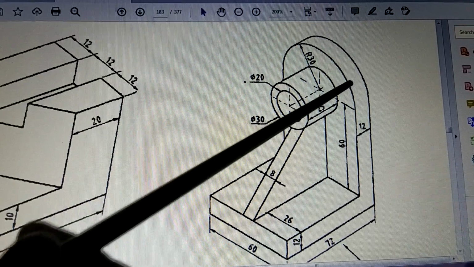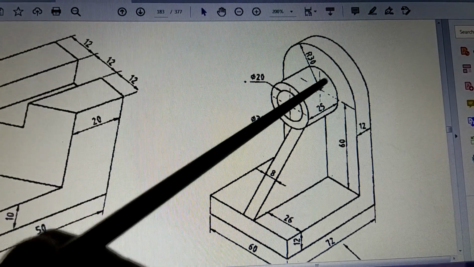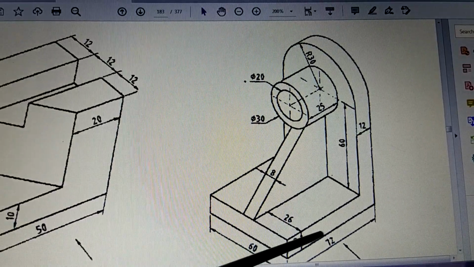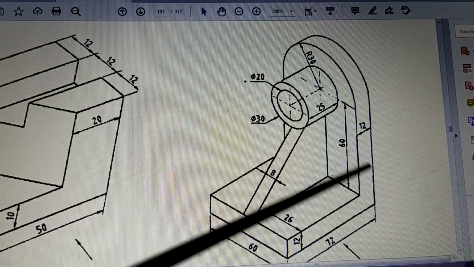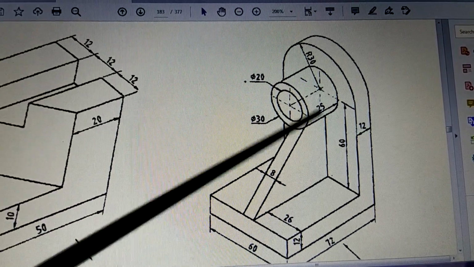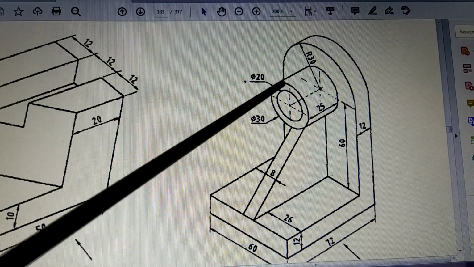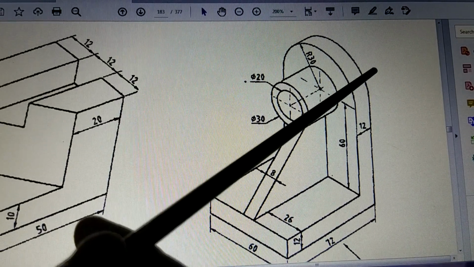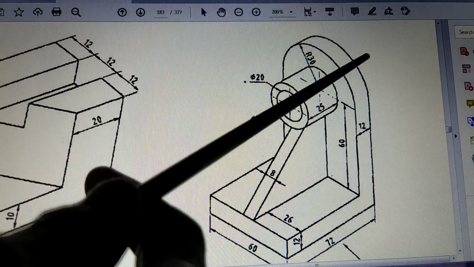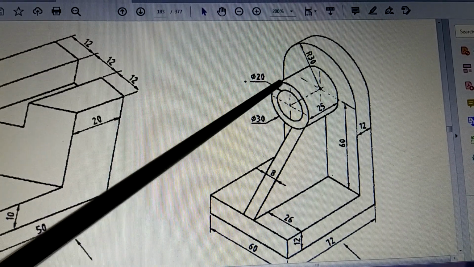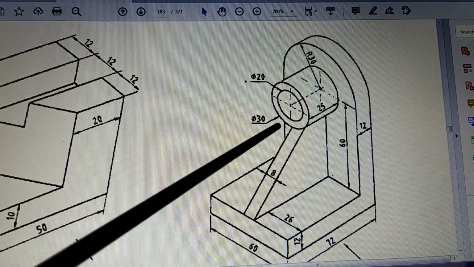Okay, so two dotted lines will come, and these two dotted lines are parallel to each other. They are horizontal, they are parallel to this dimension. Dotted lines here are parallel to this dimension. Dotted lines will start one from here, and both these lines will end till this. So that is representing the inside surface of the cylinder.